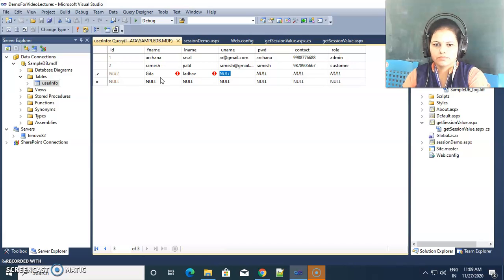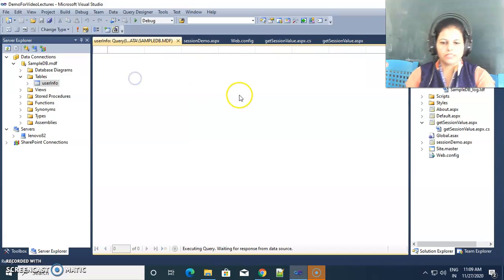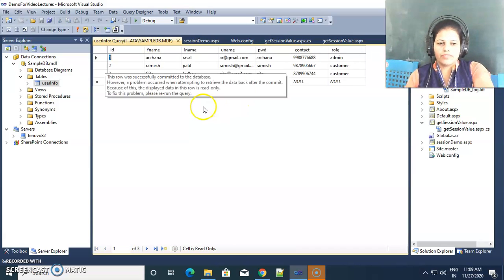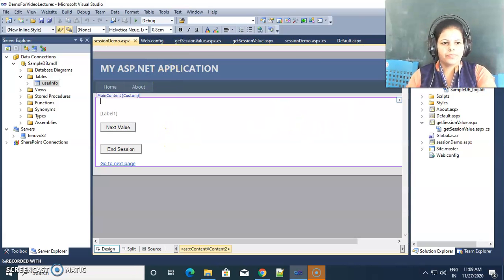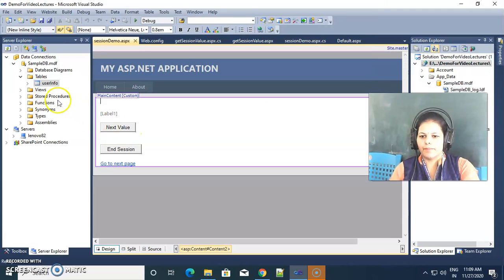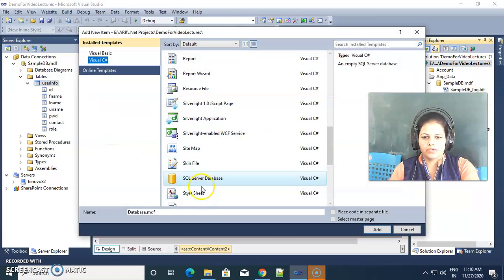And then once again Geeta Jadhav, Geeta@gmail.com, password Geeta, and some mobile number I'm giving here. I'm executing the SQL, so the role of that Geeta is also customer. Now stopping or closing that table. Now we want one login page here, so I'm adding a new page